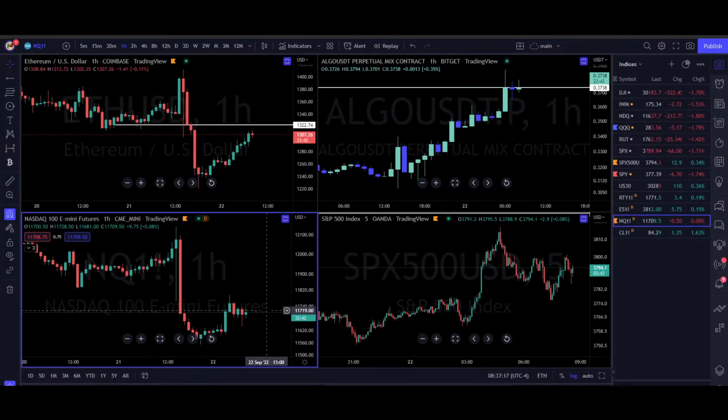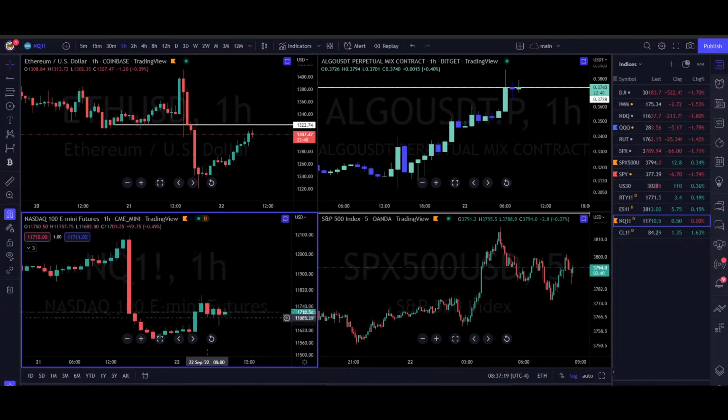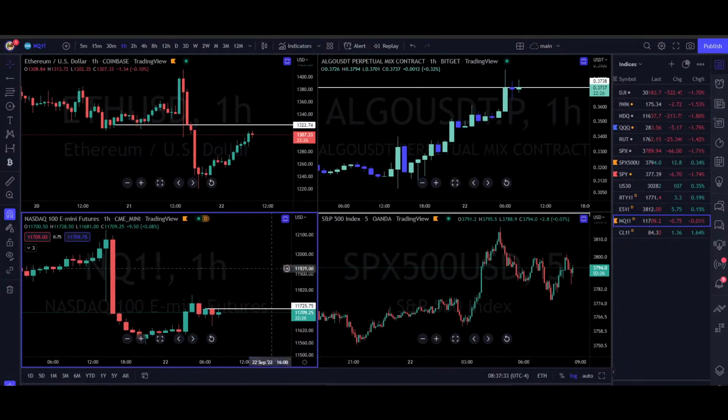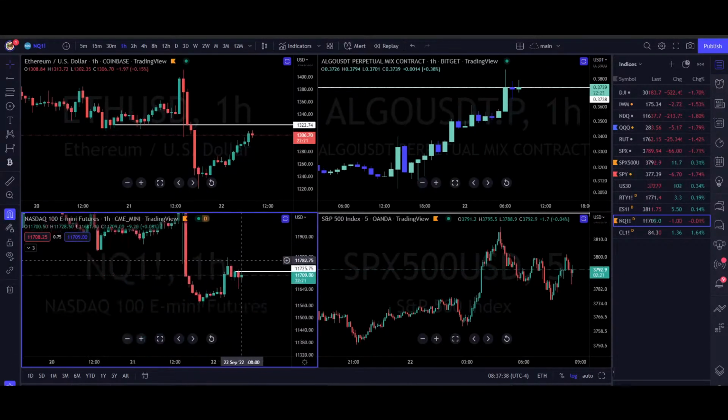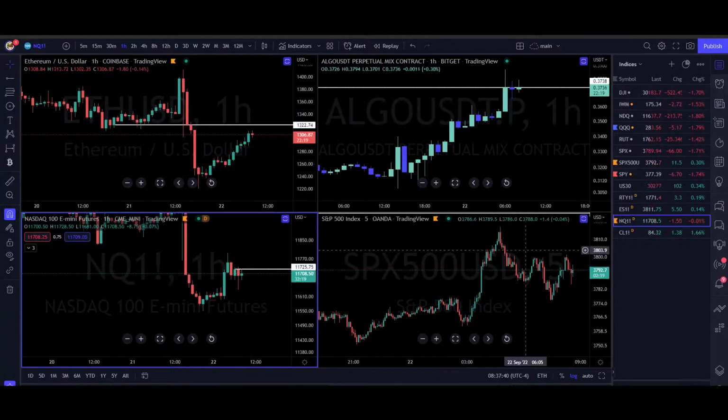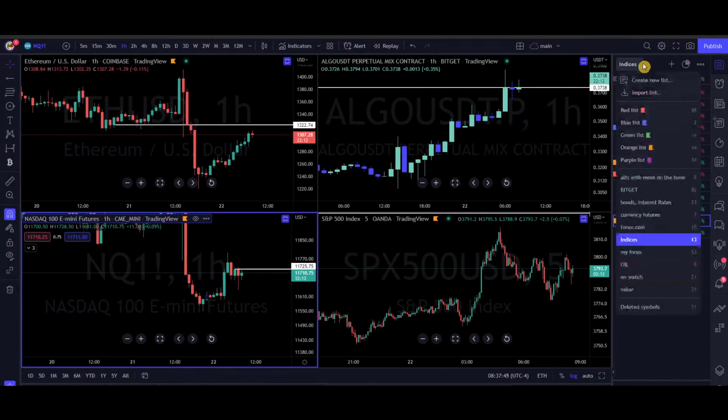NASDAQ looks like a great opportunity here because you're lagging everything else, and plus you have set in an intraday resistance and then a lower one as well. So as long as you're not able to close an hourly candle above 11,725, you're probably going to see a little bit more downside. And if we do get that downside on NASDAQ and the S&P 500, then our short trade on, say, Bitcoin or Ethereum, possibly even algo, would work out a little bit better.